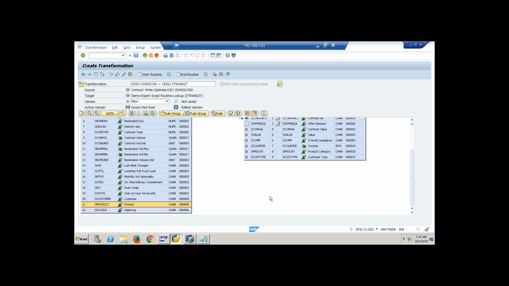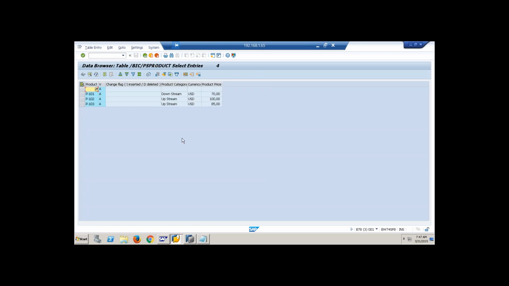So from the product, if I go to this product master data table, for a given product, can I find out the product category, whether it is upstream or downstream? The logic was: for a given incoming contract, I know the customer and the product. From the customer, I can find out the customer type from the master data of customer. For a given product, I can find out the product type from product master data. Once I find those,